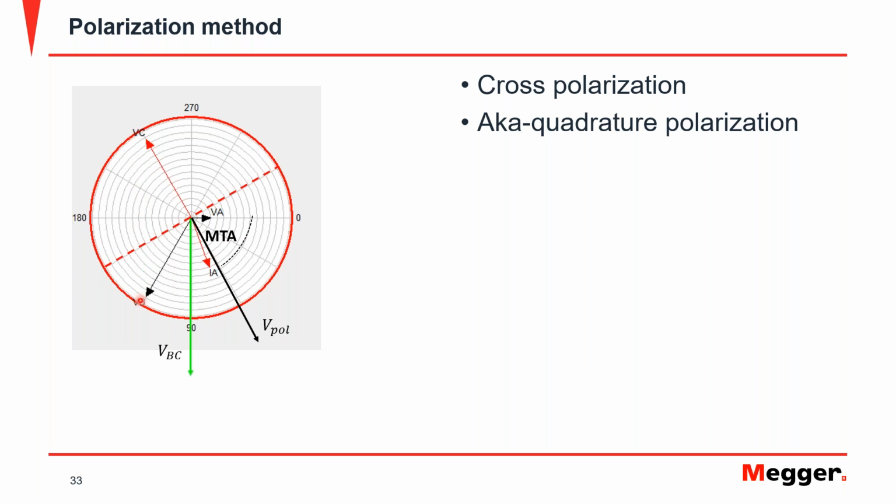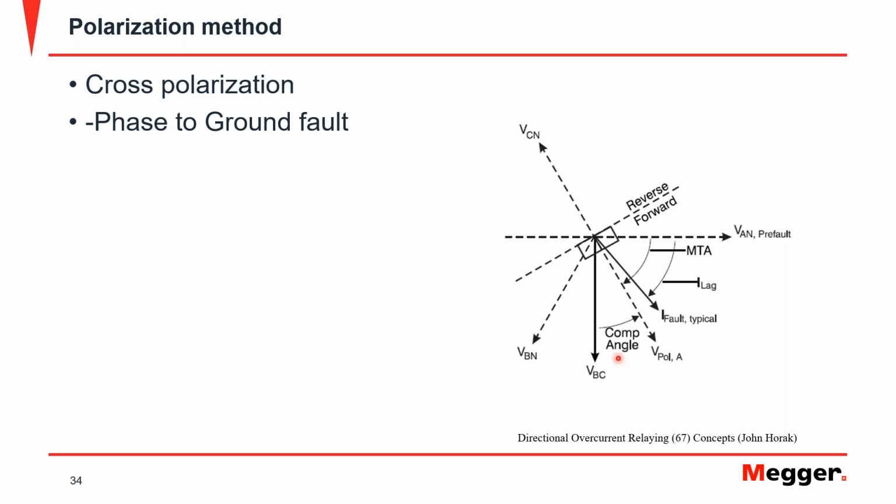Typically, they go straight to the concept where they show you, okay, this is VBC, and sometimes you don't even see the VAN or anything, and then they just move to where the polarizing voltage should be at an angle that sometimes is called a compensating angle, or the relay angle, or the relay characteristic angle, or the RCA, or something like that. And that puts the polarizing voltage at the MTA,